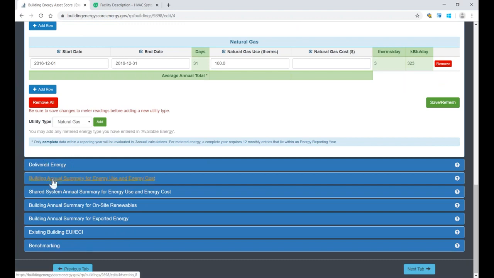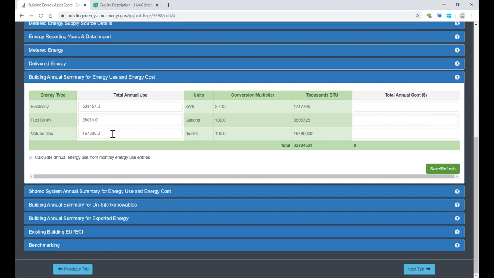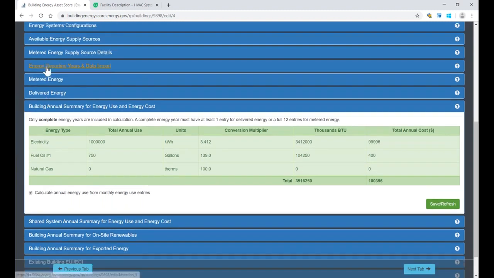There's a building annual summary for energy use and energy cost that can automatically calculate a value for the annual energy use. That entry for natural gas is appearing as 0, but if we uncheck that box, we can manually enter what the annual use was for natural gas, or for all of them for that matter. We're going to leave this as automatically calculated by the tool because I'm going to go back and import that 2016 electricity data I talked about